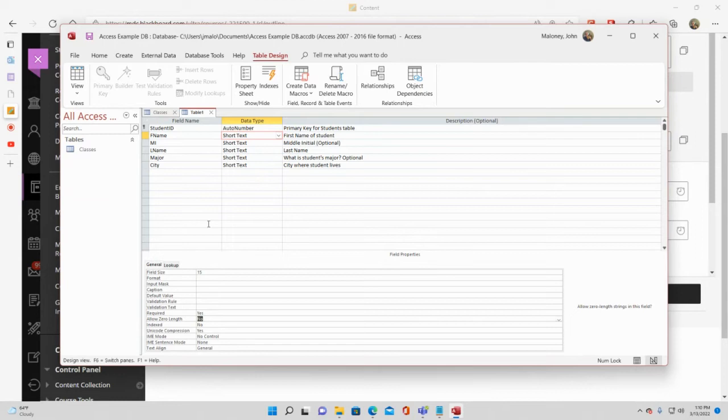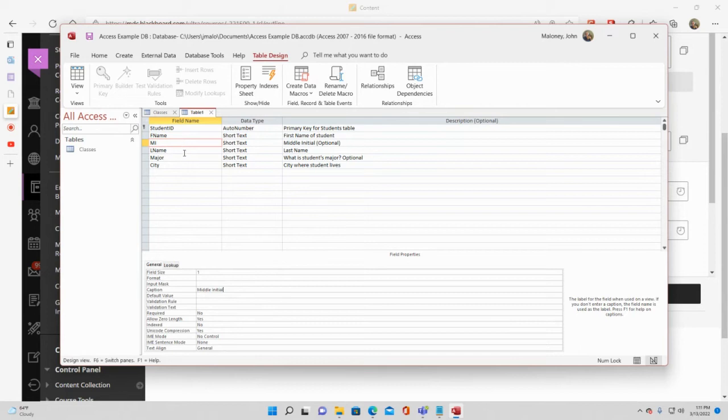Okay, all right. I also want to put a caption, because this one just says F name. Now, a lot of people know what F name is, but a lot don't. So I'm going to type out first space name. Okay, so that's all I need for this one, because it's already required. Now, in middle initial, I want to change the field size to 1, because it's either 1 or it's 0. And this one for sure will be required no, which means allow 0 length yes, because not everybody has a middle initial. Okay, I do, but lots and lots of people, especially in South Florida, do not have middle initials. Okay, all right, so caption, yeah, MI doesn't tell me enough. So middle initial, all right,